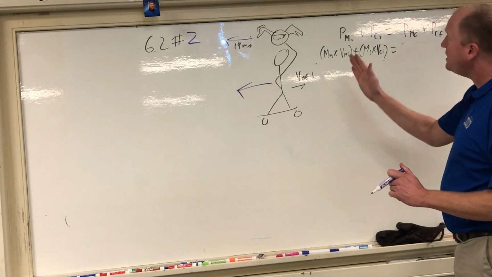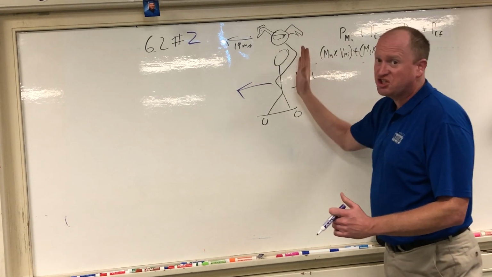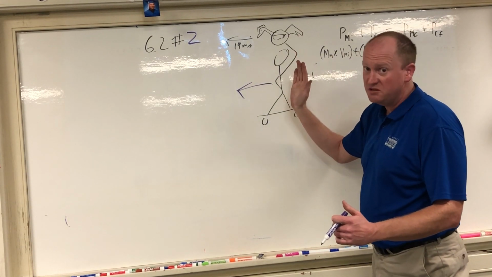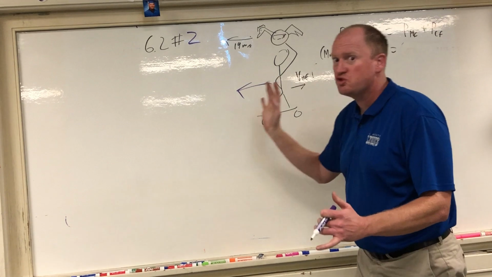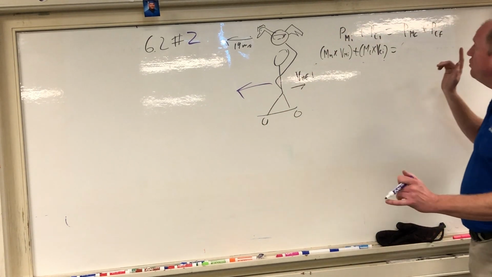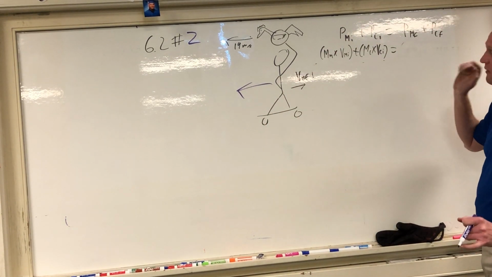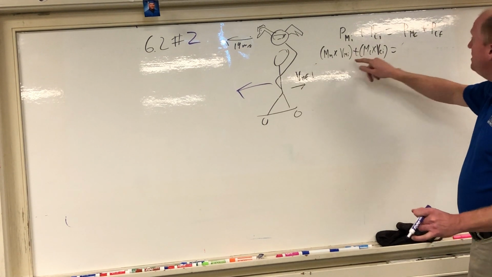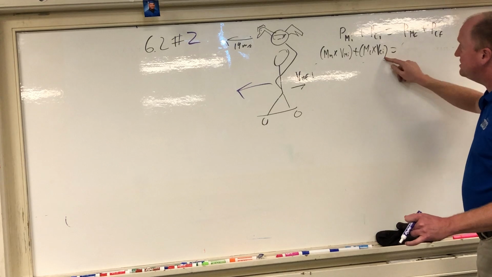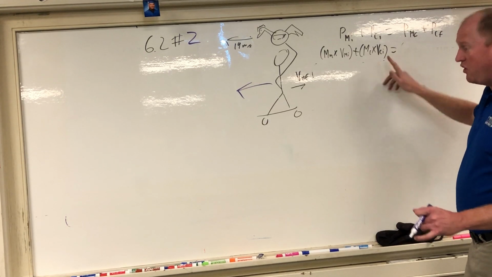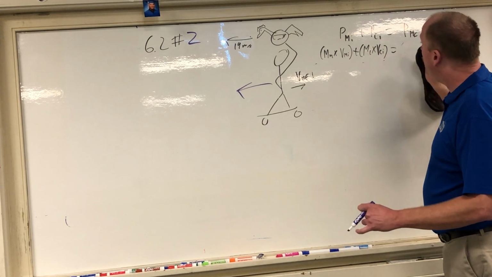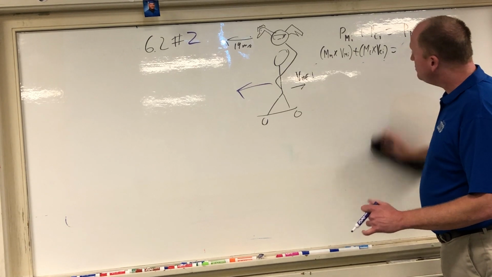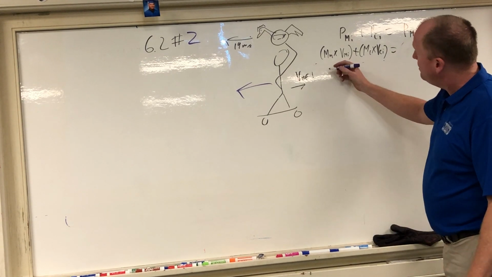Now, the chicken and I, initially, in your case not a chicken, are moving as one. Now, I'm going to do something a little different from what we did last time. Here, we have the mass of me, the velocity of me, the mass of the chicken, the velocity of the chicken. Now, if we're all moving at once, could I do something like this where I could say, we have